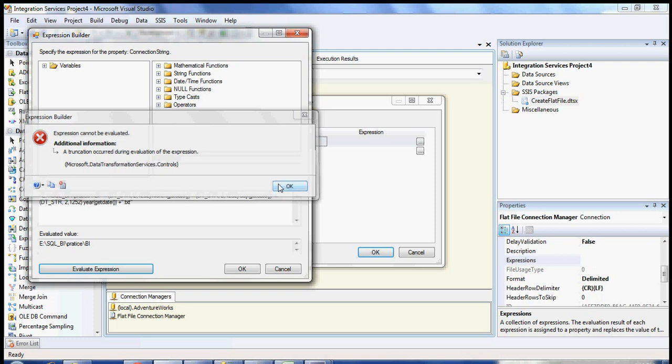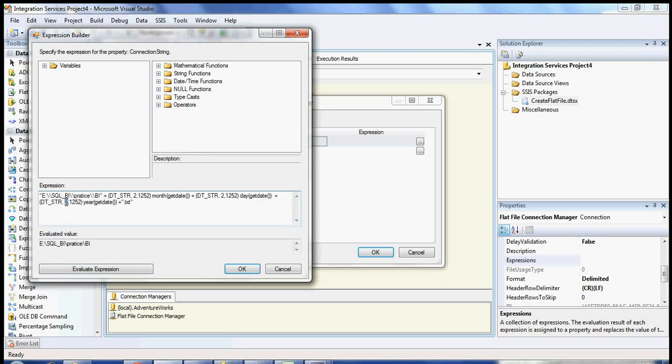Oh, there is an error. Okay, year is 4 characters, so I need to put 4. See, that's it. For month you need to put 2, for day you need to put 2, and for year you need to put 4. So today's date is 1st January 2013. This is how you can create your text file with a dynamic name.